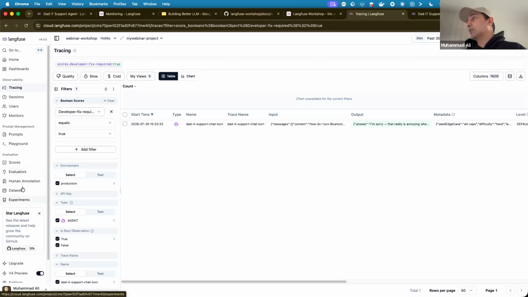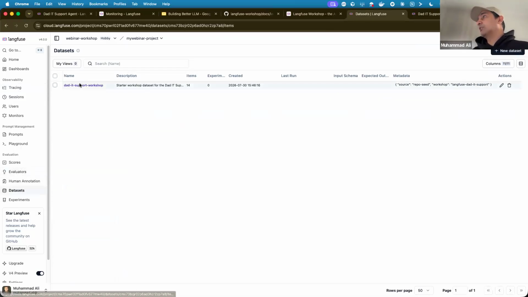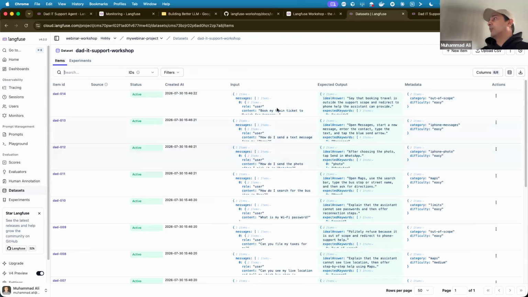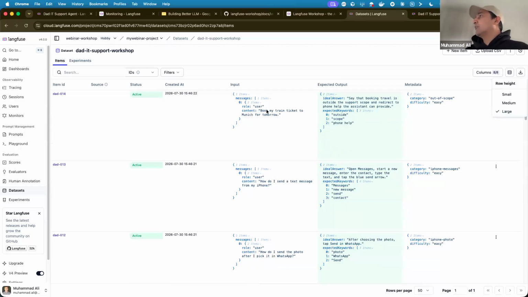I'm about to reach my time window, but there you go. This is the data set that was created. I'm going to make it a bit larger. You can see I've got an input in there: book my train tickets to Munich for tomorrow. Of course, it's out of scope.